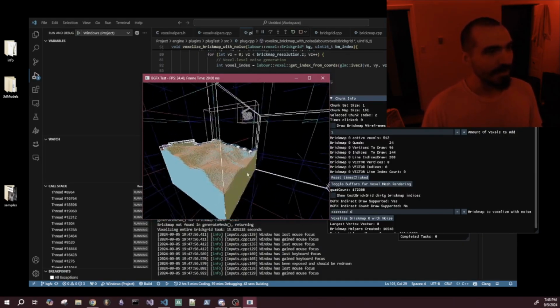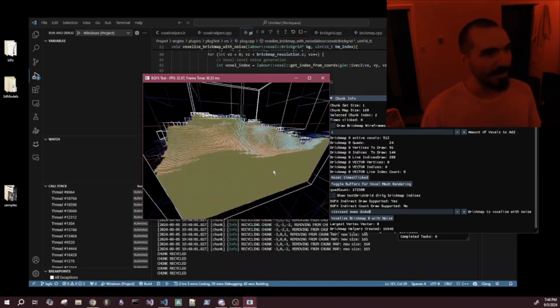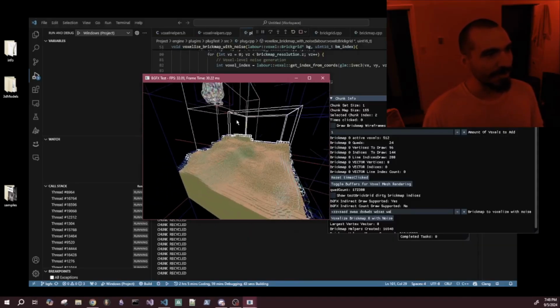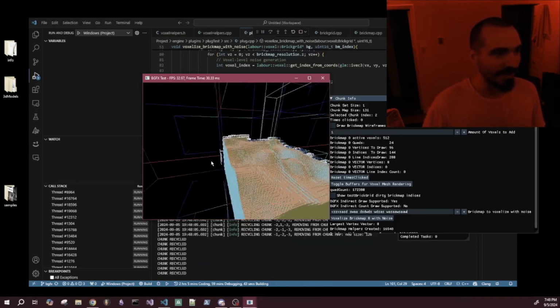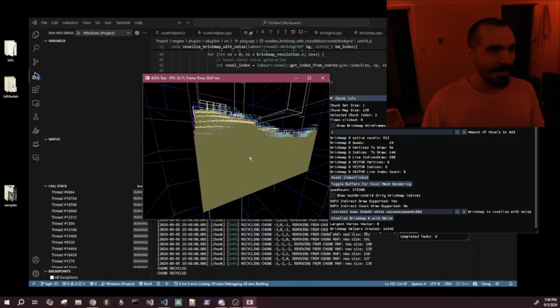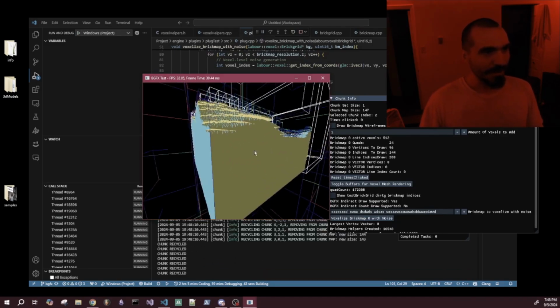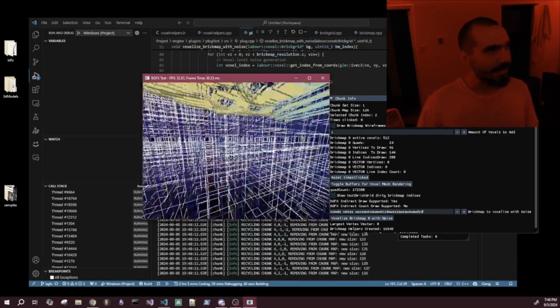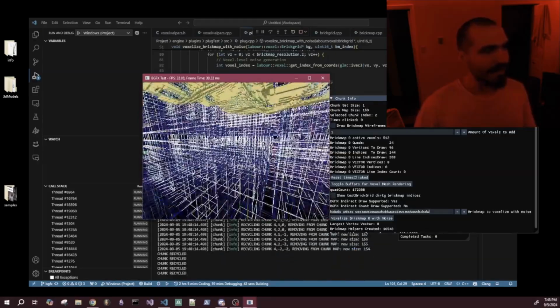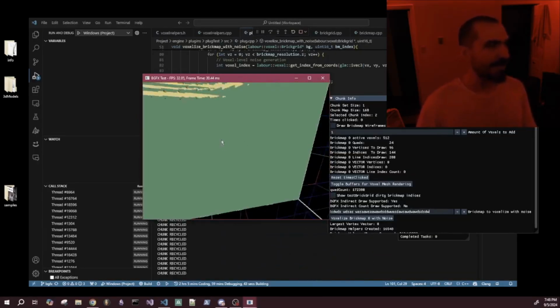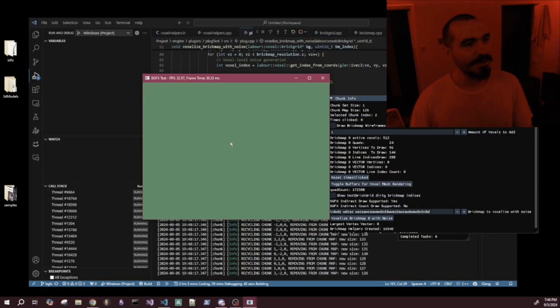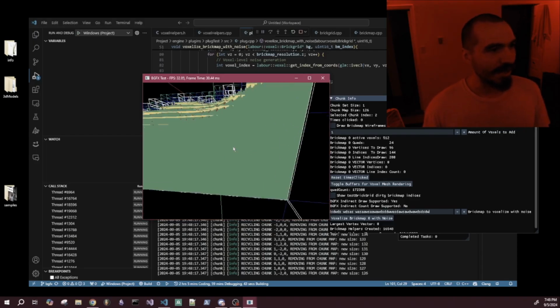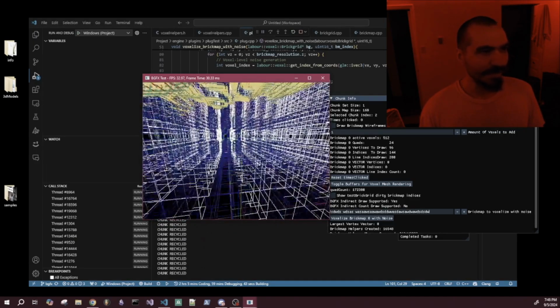If I zoom out here, I just generated it all. I just populated all the brick maps in the chunk with noise. Some of them are invisible, some of them weren't intersected with noise. And then I generate meshes for each of them. And when I greedy mesh them, I try to see if any of their adjacent brick maps are in front of the face, and if they are, then I don't render them, but I still submit draw calls